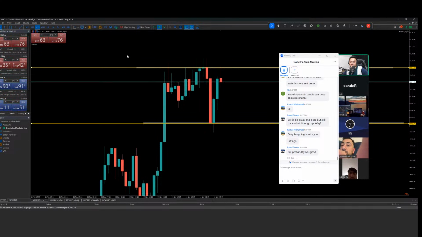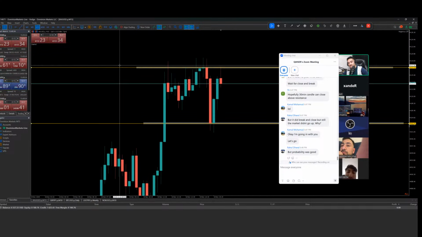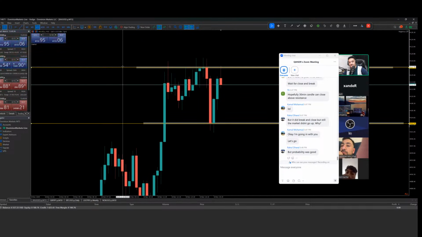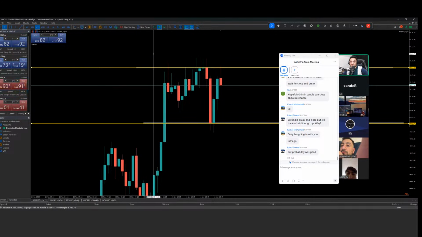The last thing you missed there, the candle did not break above the previous candle high. Ask and bid price did not break above the previous candle high. Also, the candle did not break and close above the previous candle high as well. So there was a rejection at the last resistance on the left hand side. And also there were just a few minutes left for the opening of the NY session. Whenever there are a few minutes left in the opening of some session, the market could show some kind of volatility. So it happens, doesn't matter.